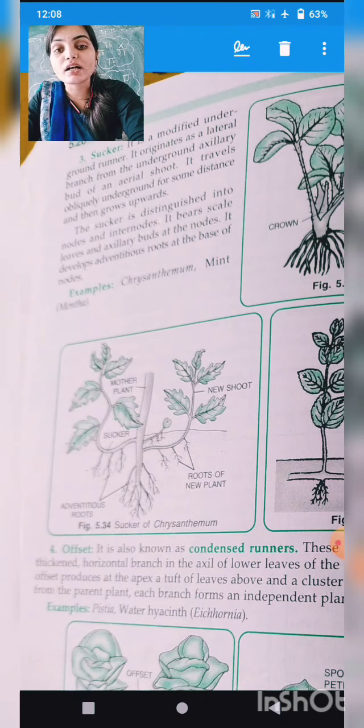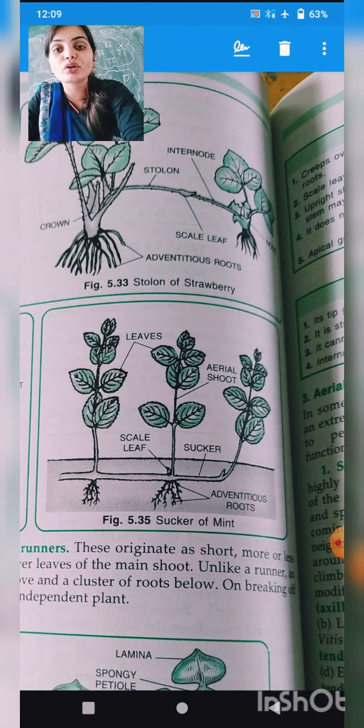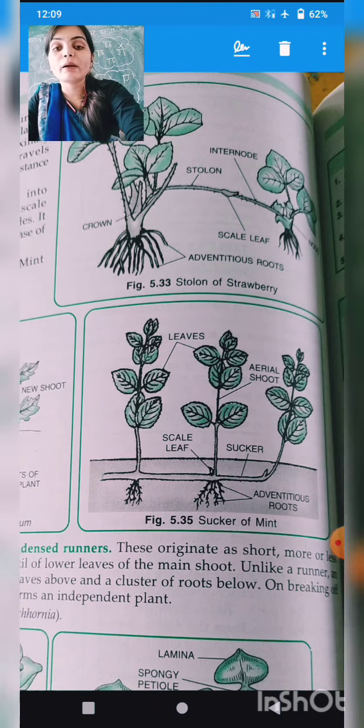Again you can see the sucker of chrysanthemum. In sucker you can see that the stem is having root in it. For example, you can cut the part of the stem and you can grow the stem into a new individual plant, because the stem is having root, that is known as sucker. Okay, after that you can see sucker of mint. Here also you can see in sucker of mint the stem is having root, and the area where it is having root has grown into a new different plant.